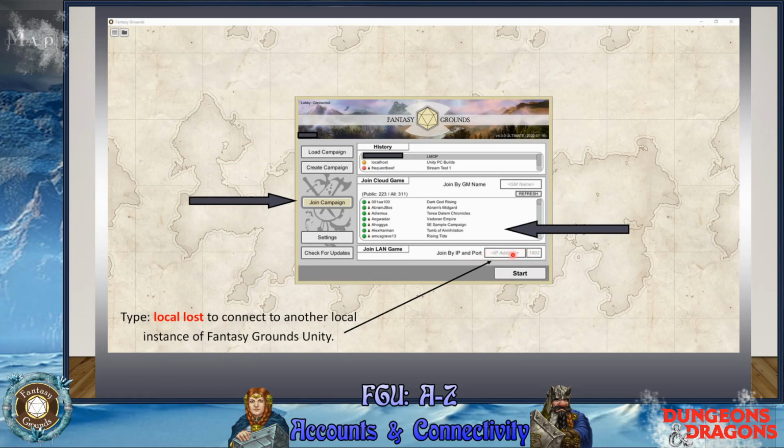Normally this works. If you have some advanced wireless or some kind of security protocol, you might have to know a little bit more about networking to get it to work. But localhost is what you type in here to connect to yourself. So you'd have two copies of Fantasy Grounds running, one as the host, one as the client.